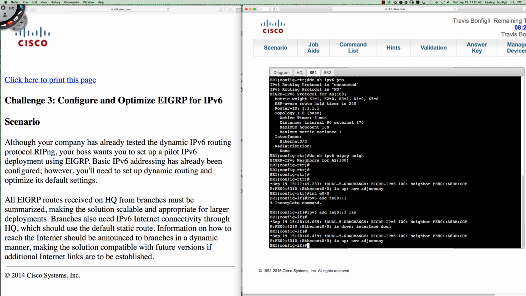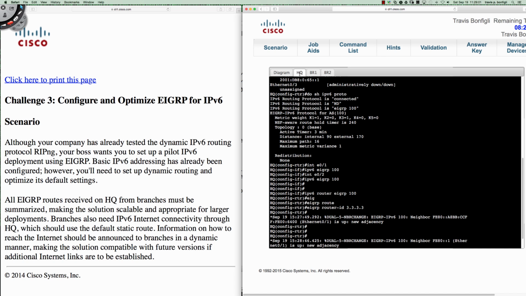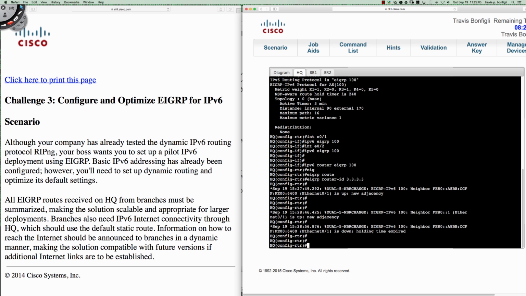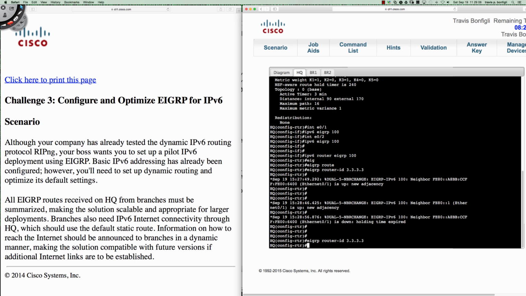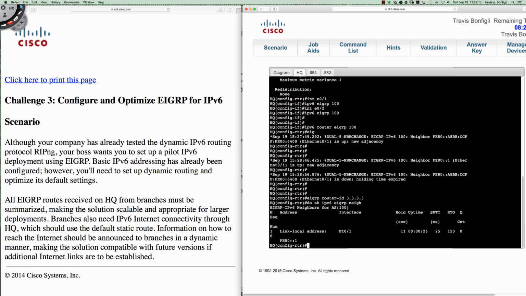All right. So now this is going to take the adjacency down, and it's going to bring it back up, because we've got a new link local address. So if I come over here to HQ now and rerun that same command, not the router ID command, do show IPv6 EIGRP neighbors, you can see that we've got a much easier address to deal with here. And so I'll do the same thing on the HQ router. Let's go into interface Ethernet